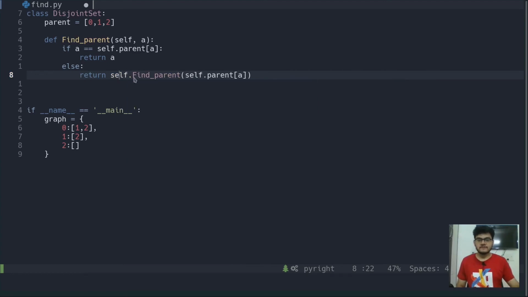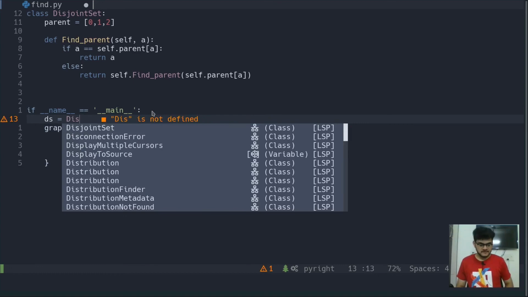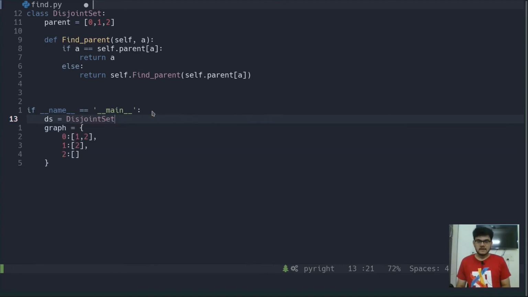We have to use self to represent that we are creating an object of the DisjointSet class. So we will create a ds, which is an object of this class DisjointSet, and I will use this ds object to call the function find parent.